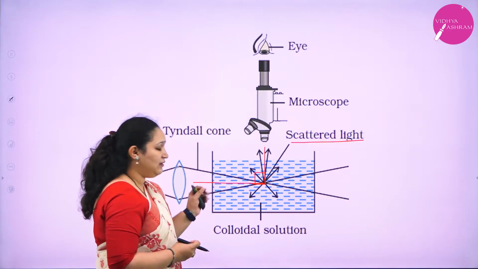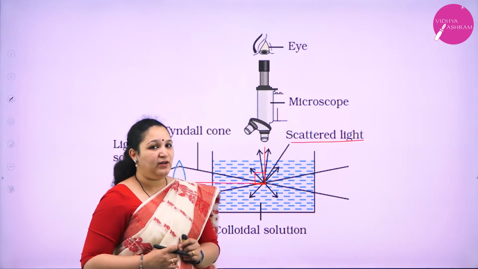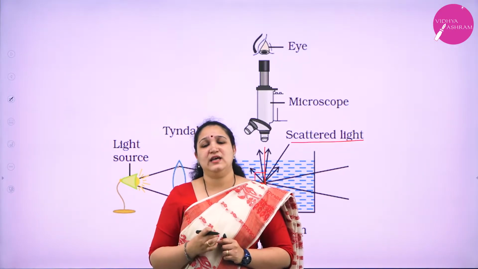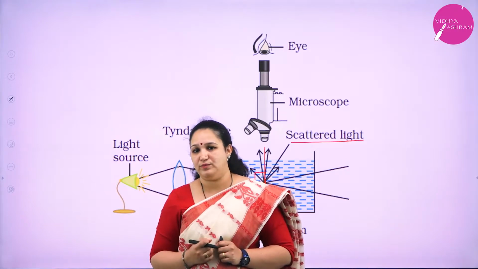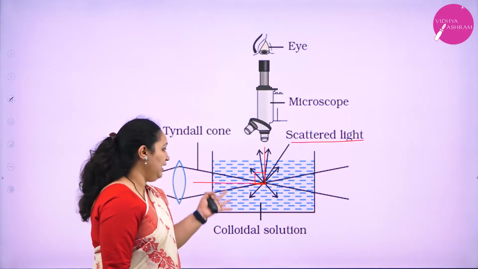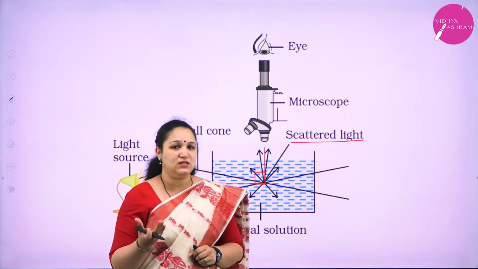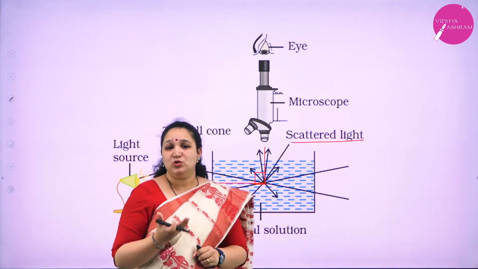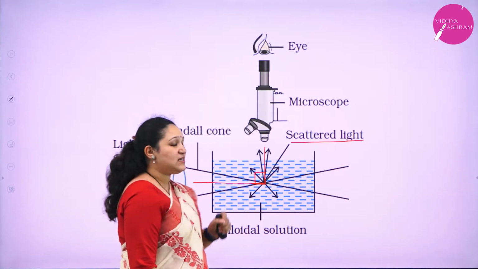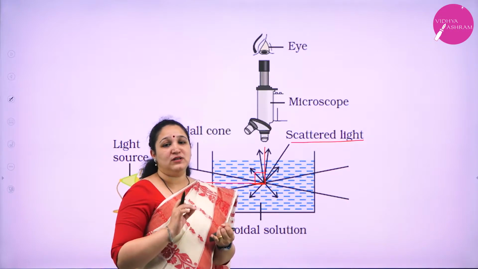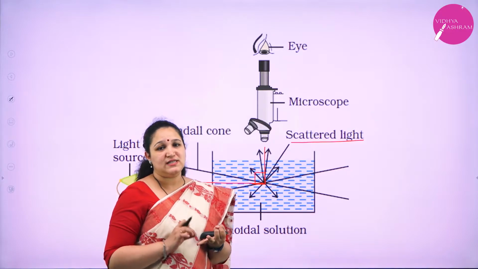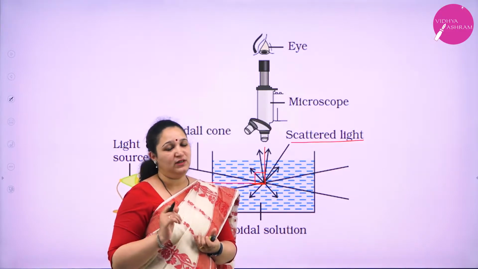Using this ultra microscope, we can find out whether the particles in a solution are in colloidal dimensions or not. Only if it is a colloidal particle, it will look like bright stars against a dark background. If not, with true solution particles, scattering cannot be observed. In this method, we cannot tell about the size and also the shape of the particle.